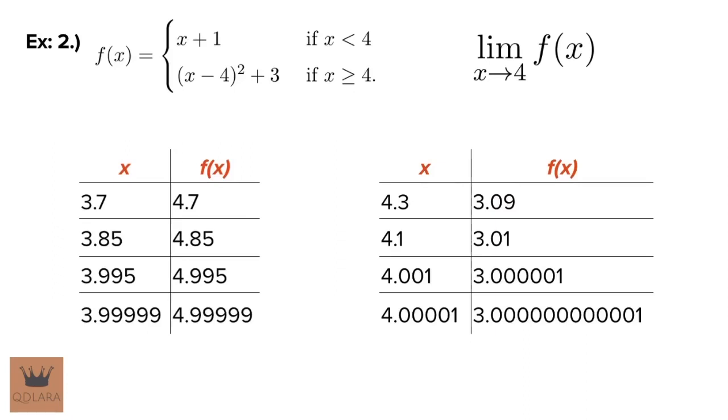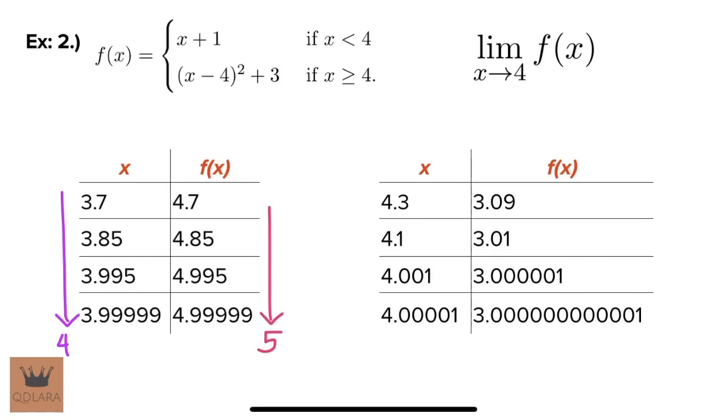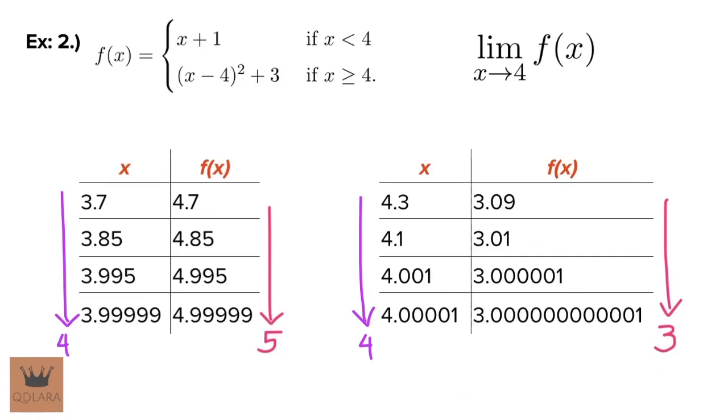Now here, you'll appreciate why we need to take the limit from the left side and from the right side. Why can't we just choose either left or right? I want you to observe the two tables. You'll notice that the numbers approached by the function from the left and from the right are different. From the left, it approaches 5. And from the right, it approaches 3. In such cases, we can say that the limit of the function does not exist.